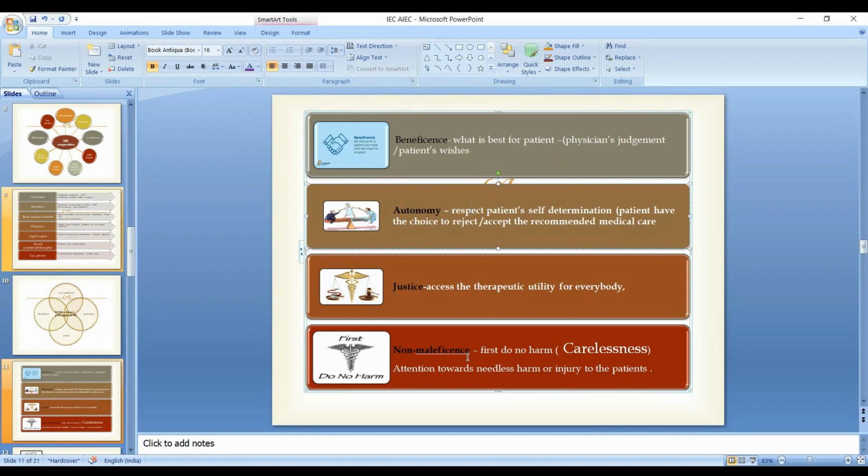जितना जरूरत है मतलब if you are taking one group as a suppository or another group as injectables, so injection is going to give some pain to the patient, but unnecessarily you are giving something which is causing harm to the patient, your carelessness is causing harm to the patient, it is not acceptable at all. Okay, it is known as malfeasance.